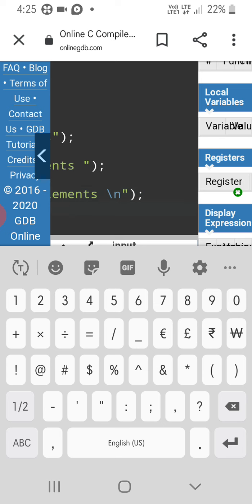And now here we are using two for loops to access these elements in an order.